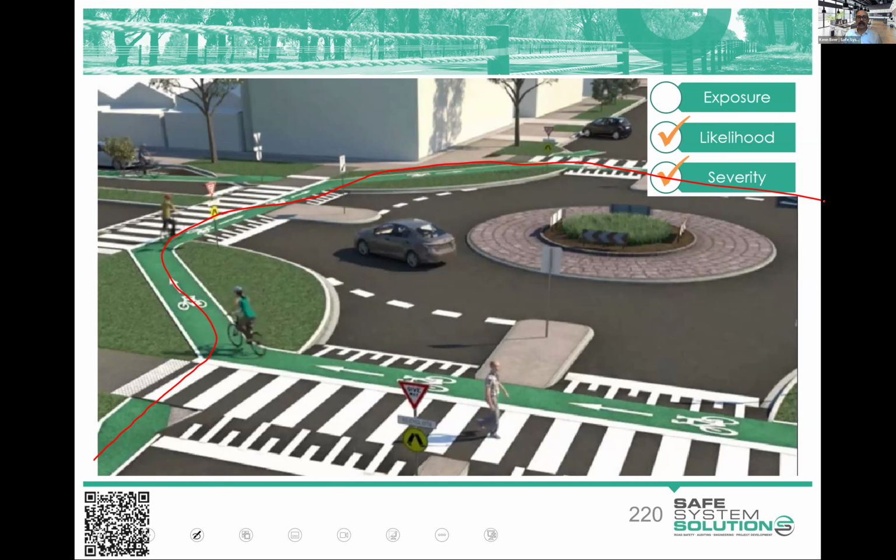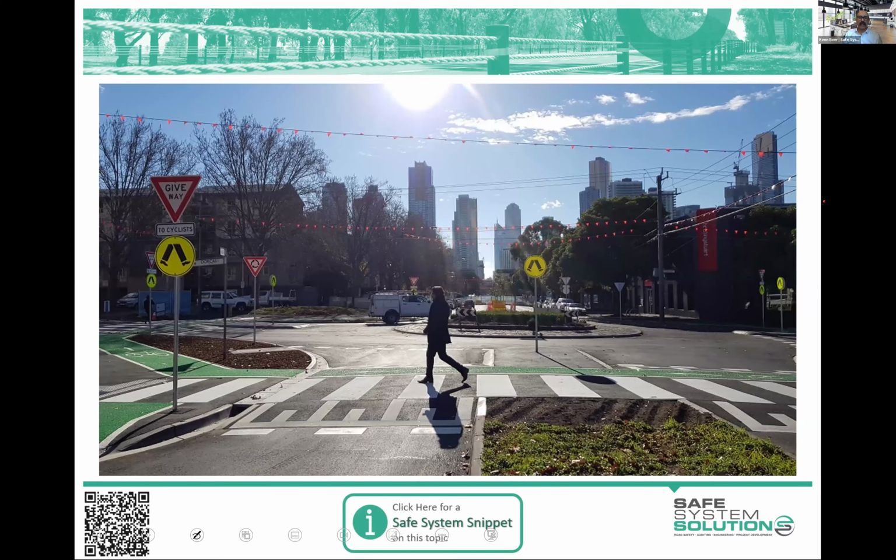So they're wonderfully aligned safe system solutions for these areas. You need to have a think about which locations you're going to do this within that strategic planning context. But from that pure, what is the likelihood of crash and the severity of crash for the different road users involved, we know this is highly aligned with safe system principles.